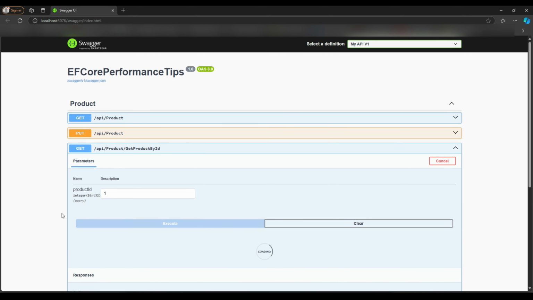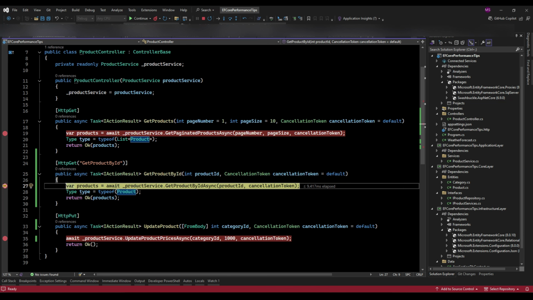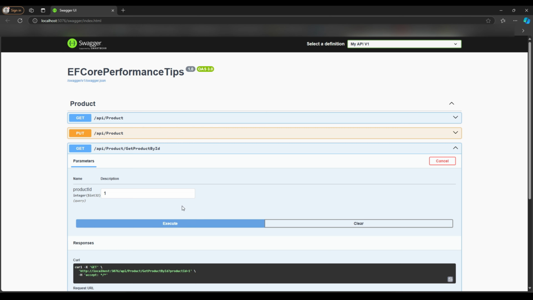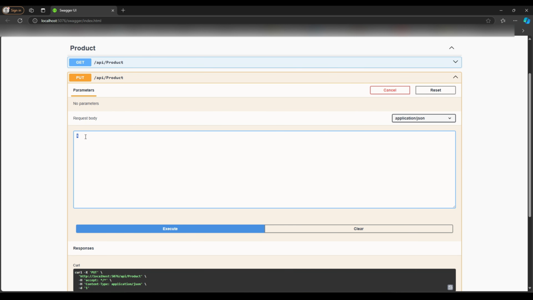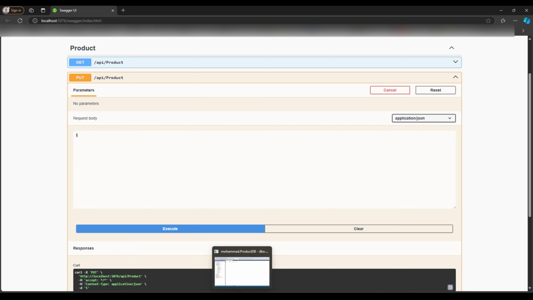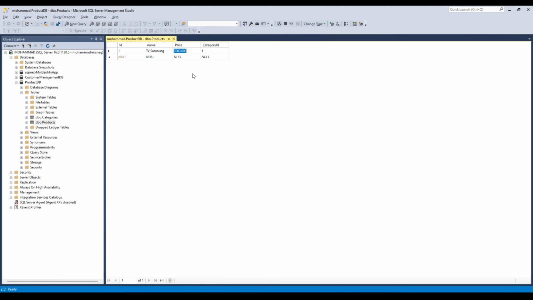Each request highlights how these performance tweaks, like AsNoTracking, compiled queries, optimized pagination, and batching with the ExecuteUpdate method, all help boost your EF Core's efficiency when handling CRUD operations.